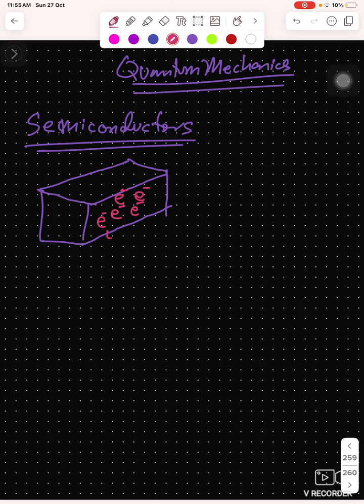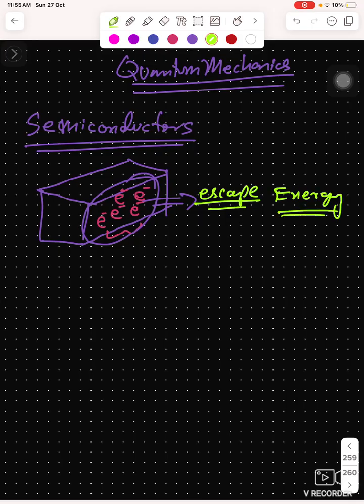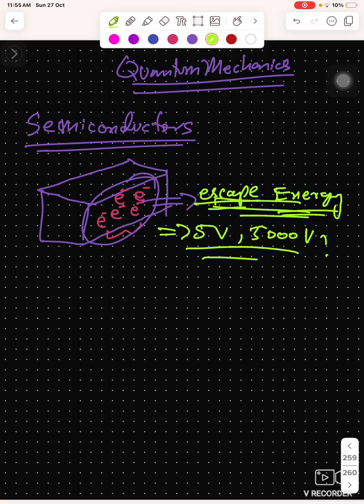Here now for these electrons, if they want to escape, they would require energy. Now that energy would depend on the electrons. Maybe some electron would require 5 volt, some 5000 volt, and so on. So using this concept of escaping and not escaping, we will use